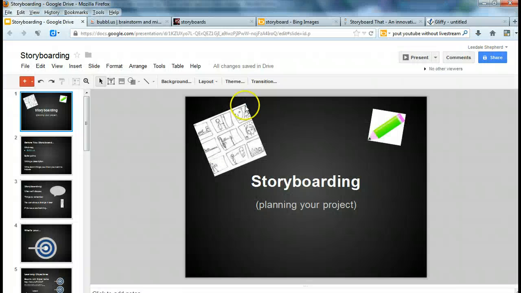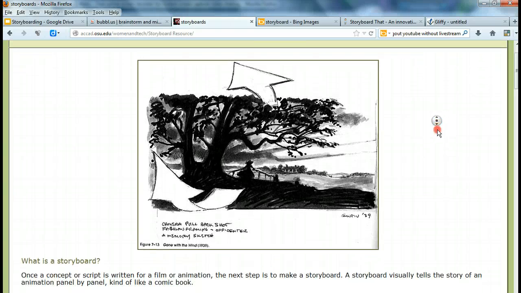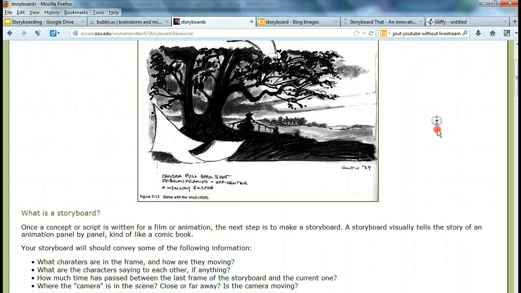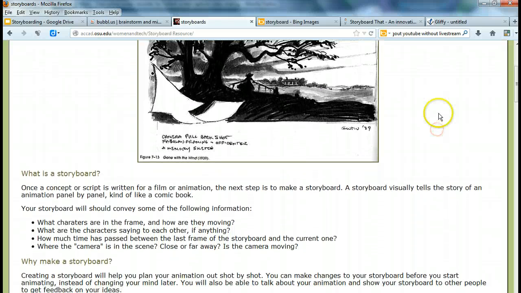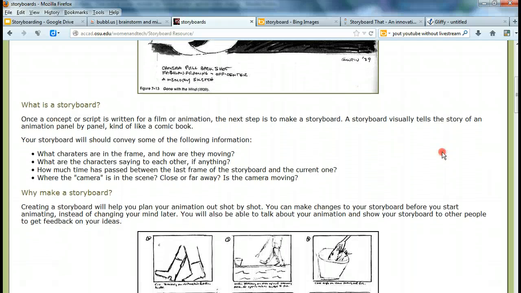Let me see if I can bring it up. So this is the same resource I use with my students. This is a website. It's been out there for forever. They discuss exactly what a storyboard is, and they give you several examples here. Basically, it visually tells the story of an animation or video or some sort of